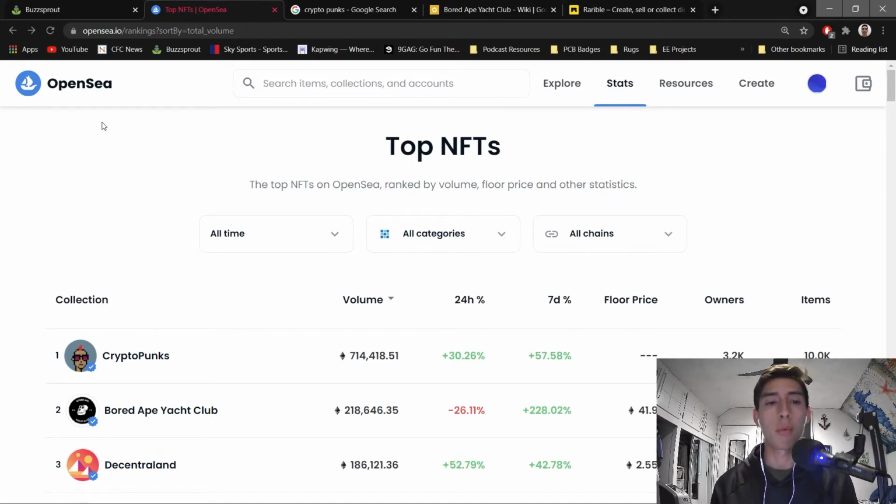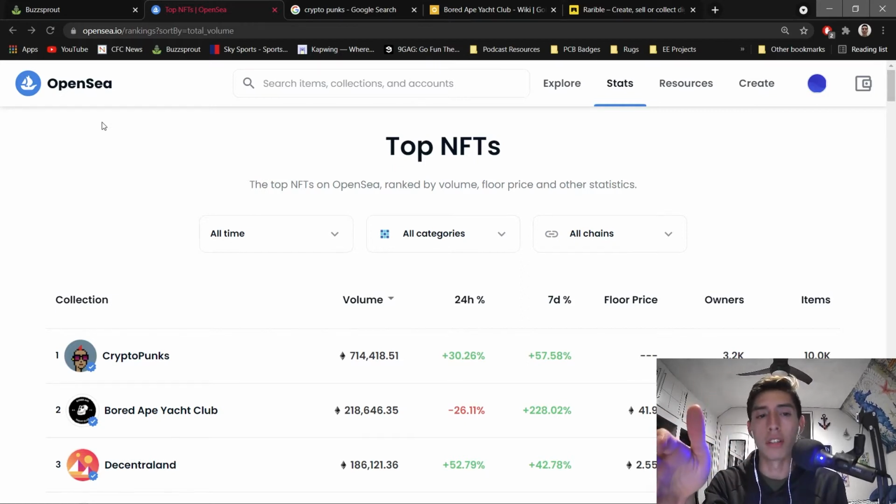So right now, number one is CryptoPunks. Okay, so you might ask, based on this chart, according to OpenSea, why is this project number one? And this is my thesis, and it's because it's the first to market, right? And I think there's been stuff that's been made or minted before CryptoPunks, but this one in particular is super